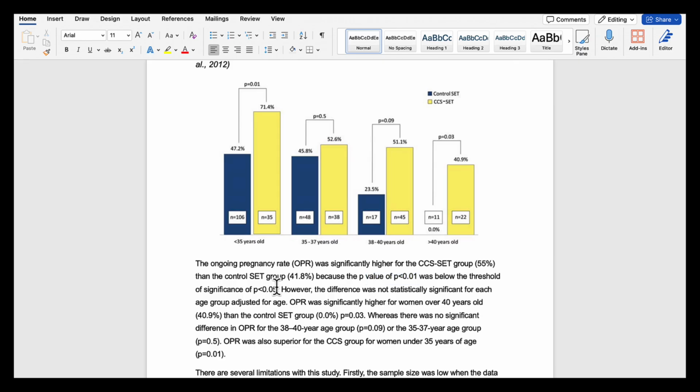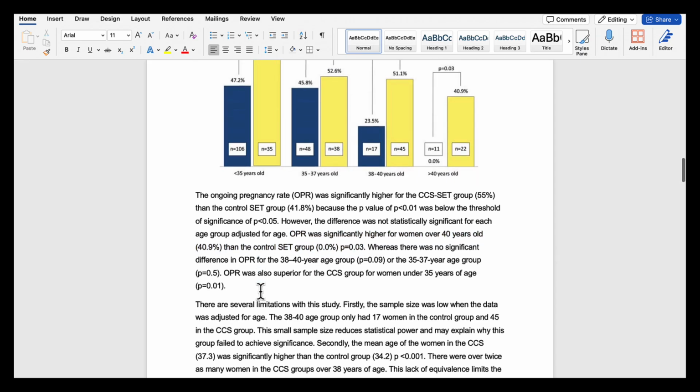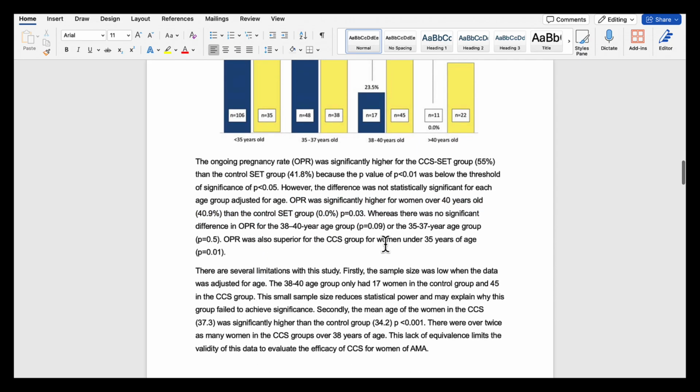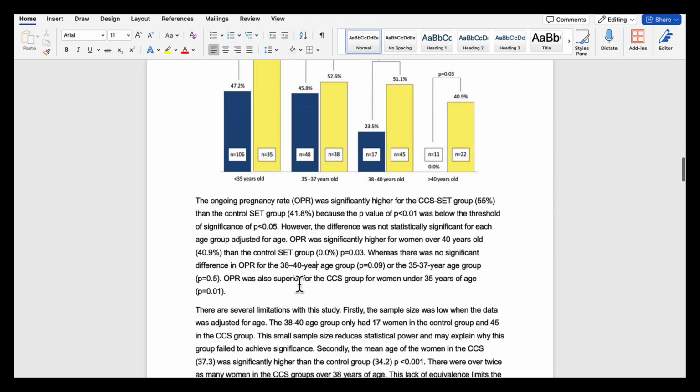And then I've said that's the main finding, and then I've gone into more detail about the nuances of it, because that's where we get a thorough description. Okay, so now I've talked about each of the different groups. So these are the women over 40, and I've said the same thing for these groups of women as well. So the point is, thorough means that we're covering all of the important aspects.